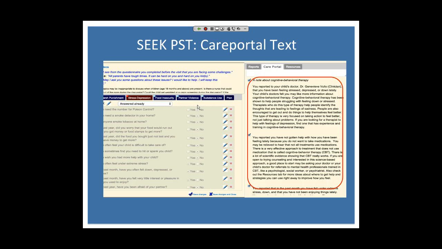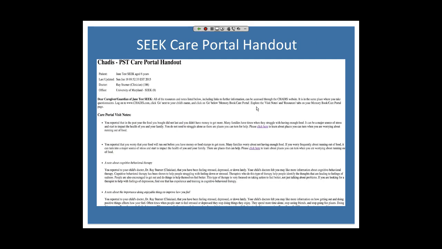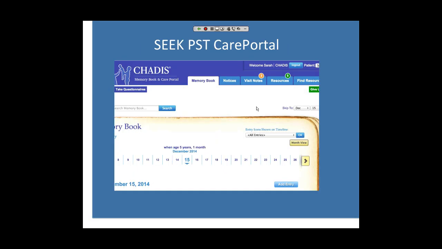You can unclick these. You can also type in your own notes if you want to, and we can get a preview of this information that could be printed as a handout or, as we'll see in a moment, sent to the Care Portal text. We're now selecting the mother as someone we will be sending Care Portal text to as we lock the screen,